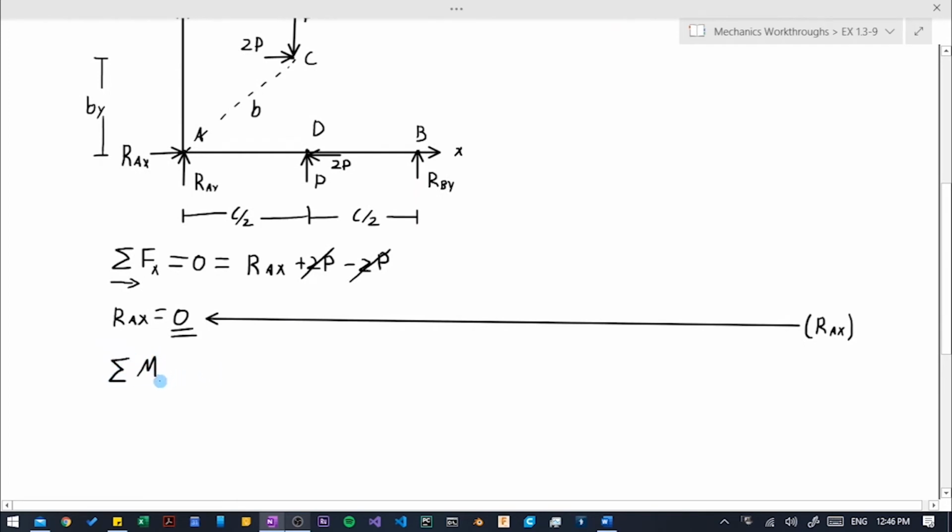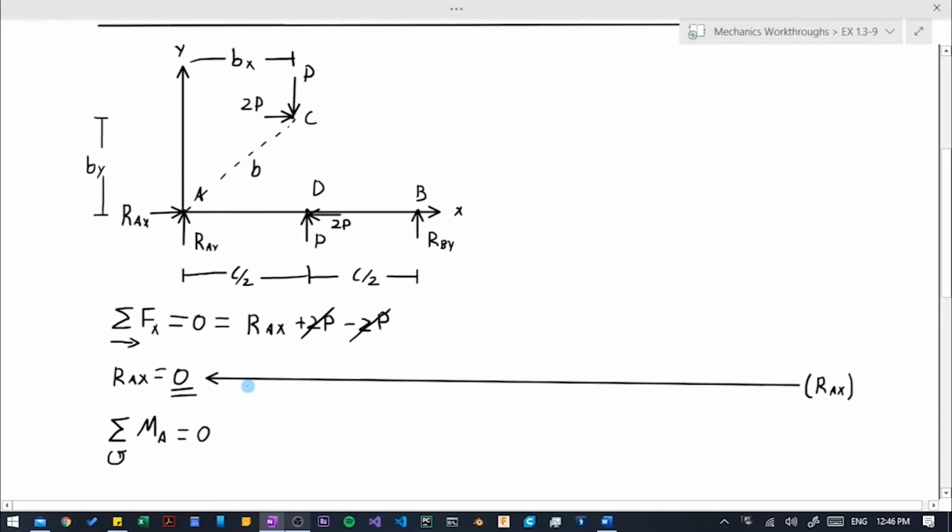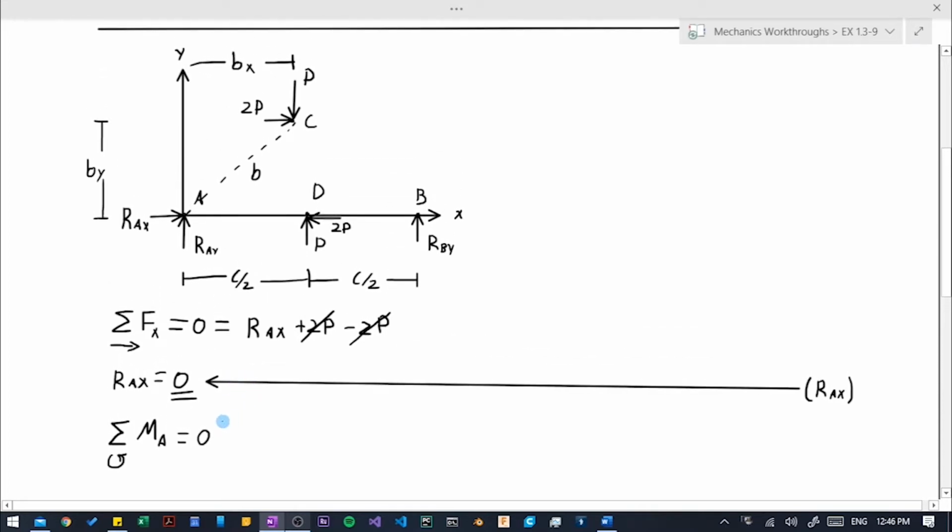Now our summation of moments about point A, and we're going to choose the counterclockwise direction to be positive. And our structure is not spinning, so we are going to set this equal to 0. And now we need all of our moments. And we see,